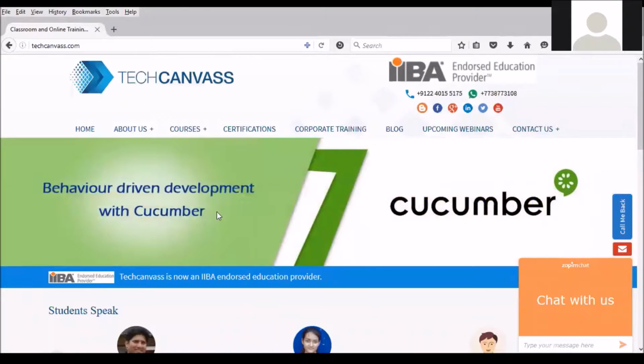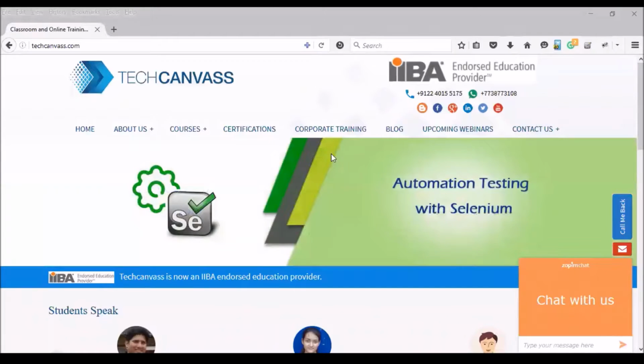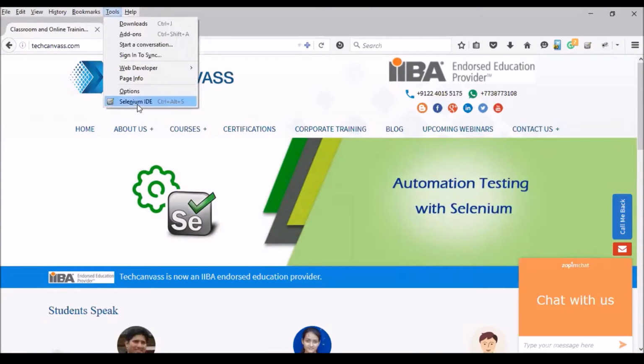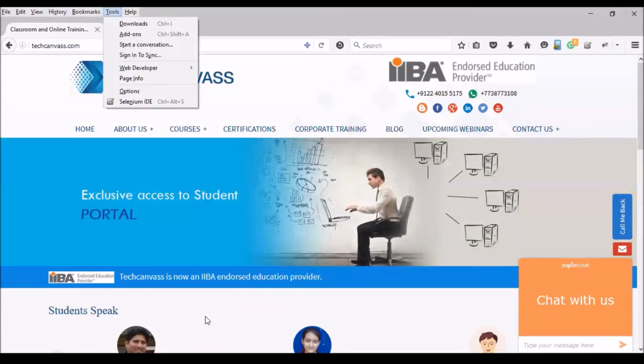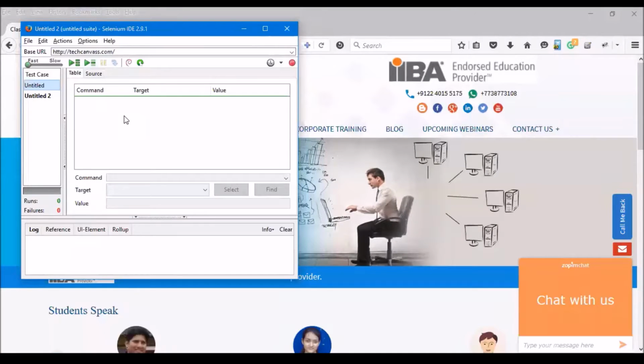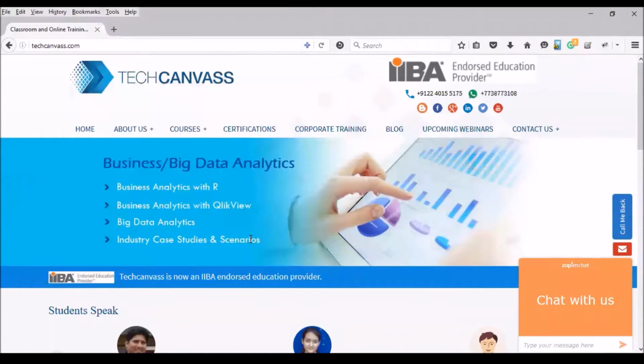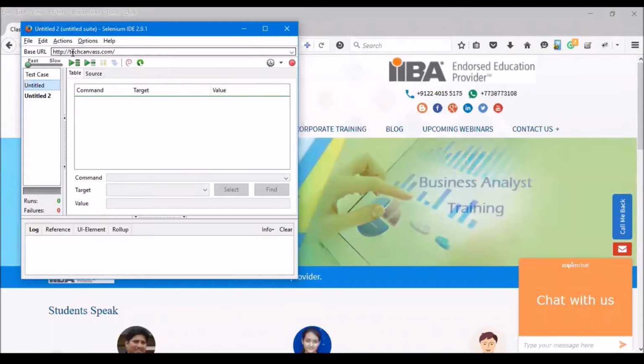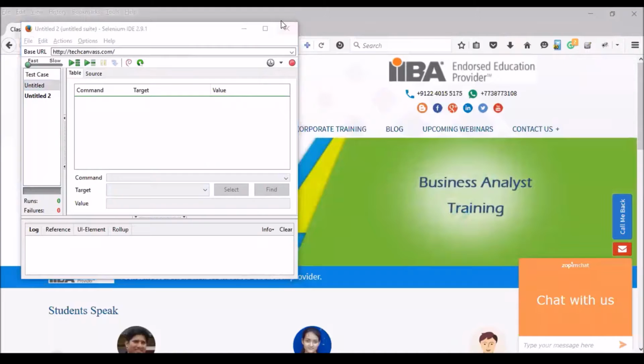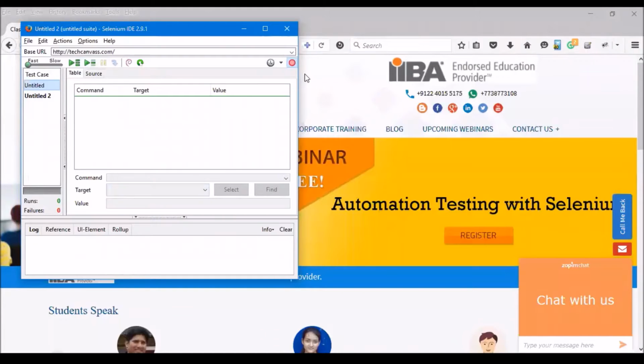So this is my screen, okay. Can you see the screen, this Techcanvass website? Great. So now I want to automate this website, and for doing that, what I can do is I can have my, can you see the Selenium IDE? Okay. Now what I will do is I will start recording. So for recording, you will have to press this red button. Okay. So I'll press this, and